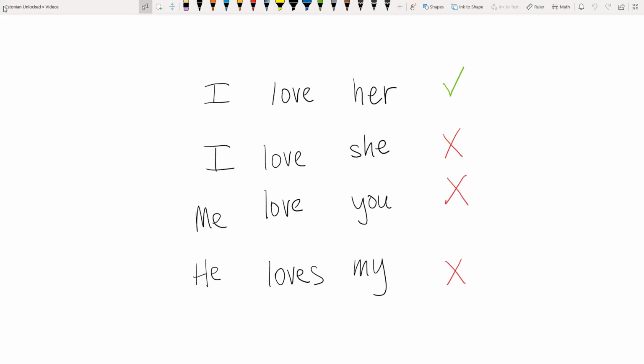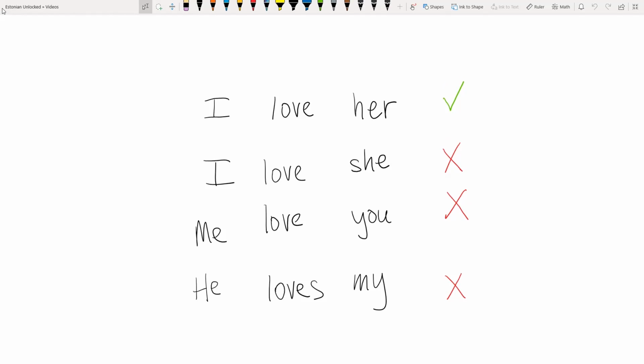Okay, let's look at these other ones. "Me, love you." "He loves my." He loves my what? My YouTube videos? He loves me. You're trying to say he loves me. That makes sense. So if we look at these words, some of these sentences are kind of off. And intuitively, this makes sense to you because you speak English. So you can recognize which one's right and which one kind of sounds like it's a little kid talking or someone who's mixing up their pronouns here.